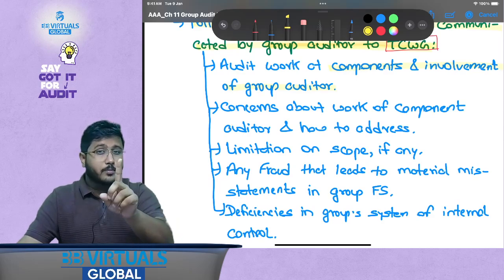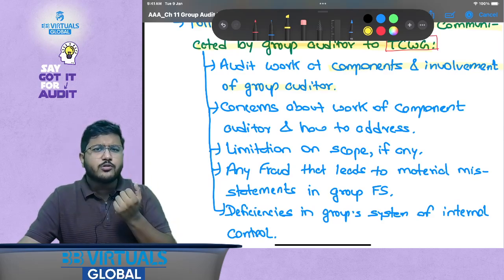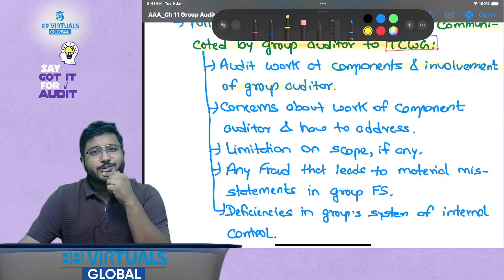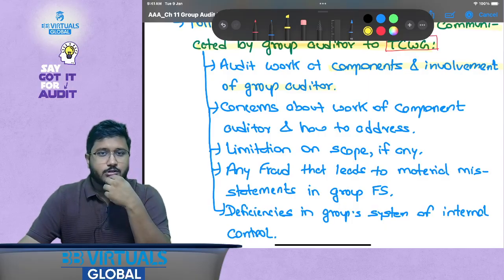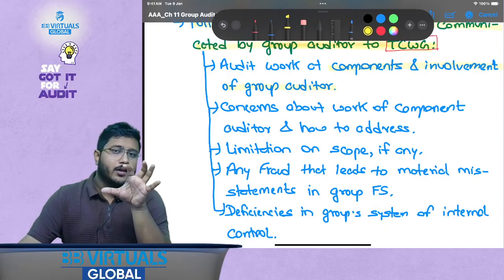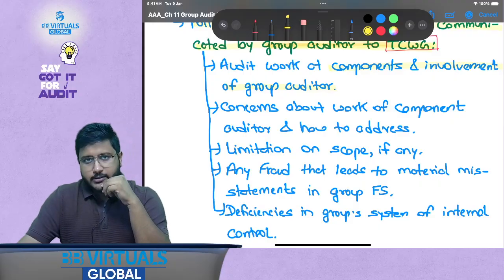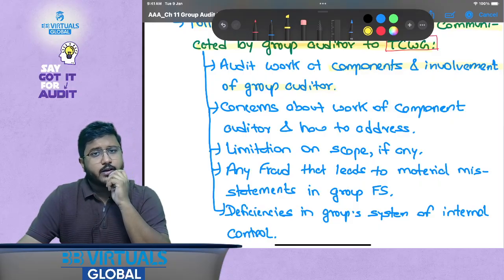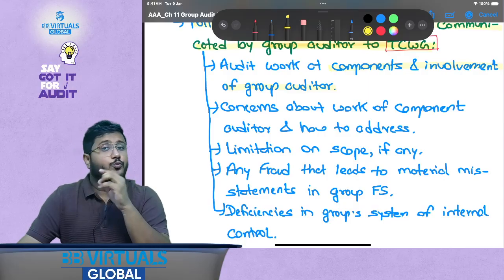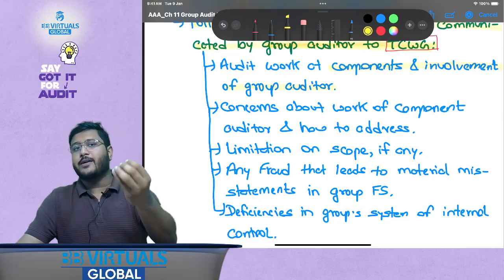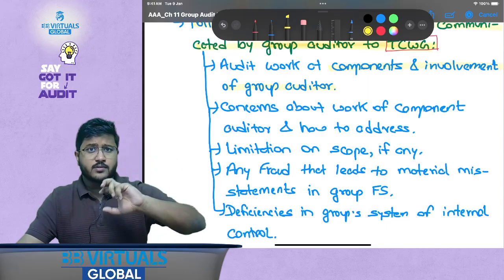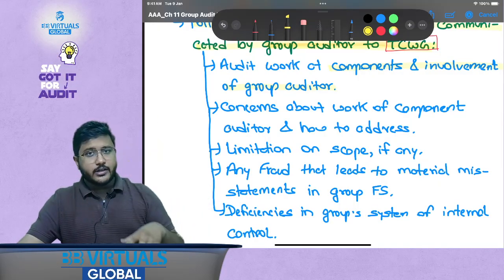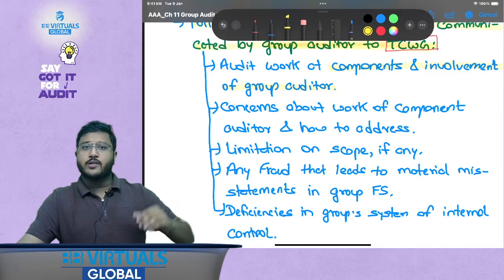With whom? Not with management, with those charged with governance. Why so? Because those charged with governance of the group or the component, definitely those charged with governance of the group, right? Now here, please try to understand this one thing: in this particular case of those charged with governance, whatever work you will be doing, you have to explain that also. Not just the important ones, not just the significant work, not just the significant judgments, but everything you have to tell to those charged with governance,